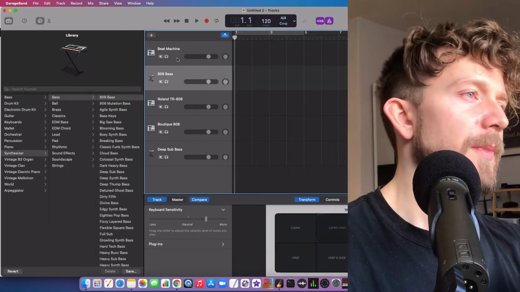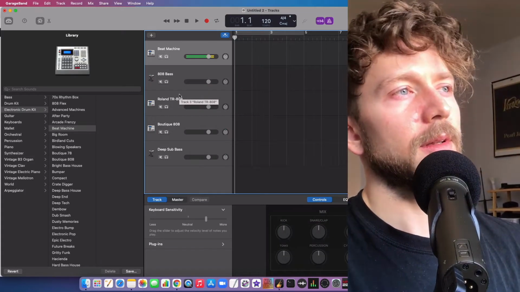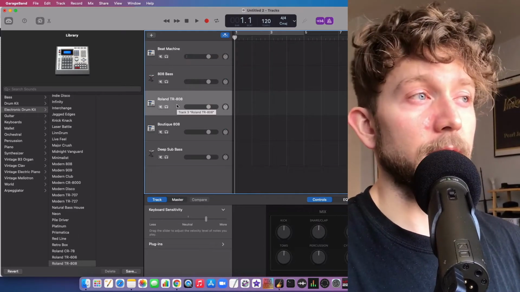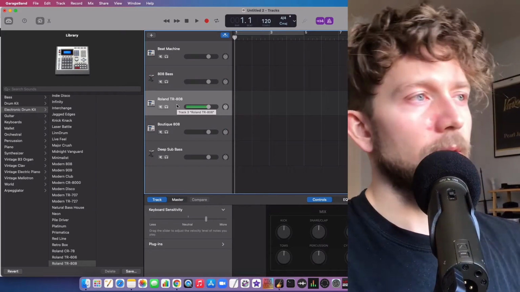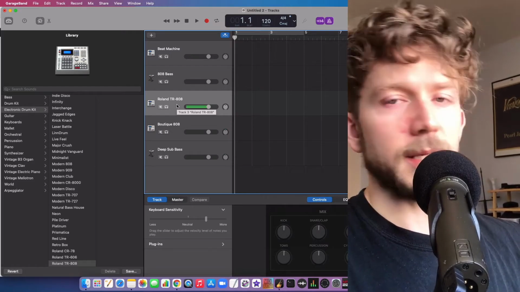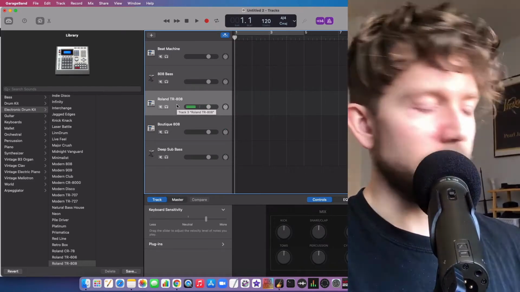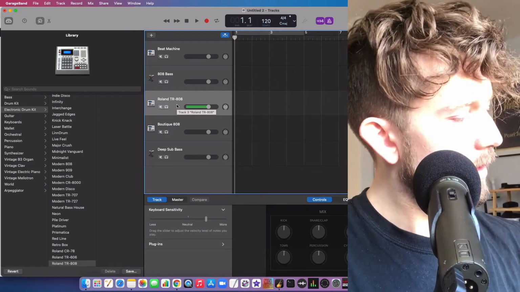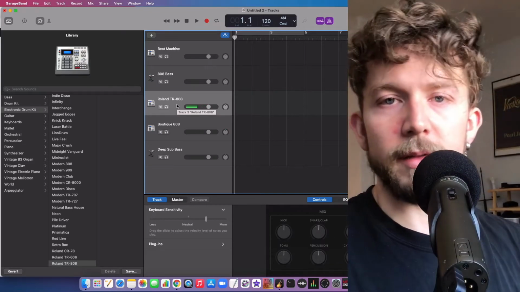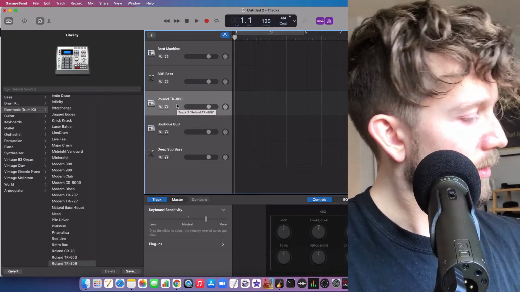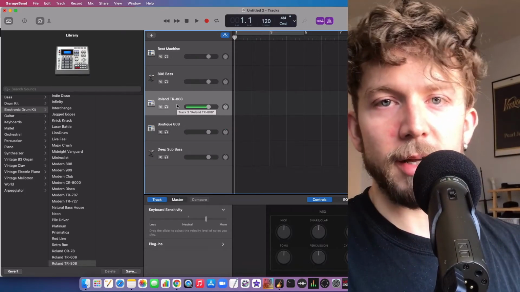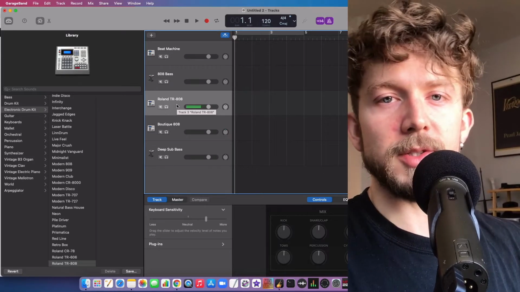Anyway, so here's a kick, right? That's a kick. Well, here's the Roland TR-808, which is part of GarageBand now. Really dope that they added this, to be honest with you. That's the kick, right? So when you go up in the instrument, those are all the other instruments that are part of the 808 machine. So that's kind of like the 808 sound, right? It's like the kick, and there's the bass that comes with it.